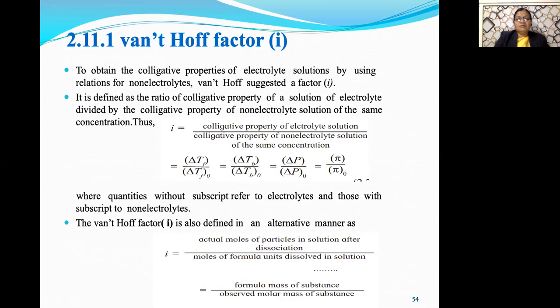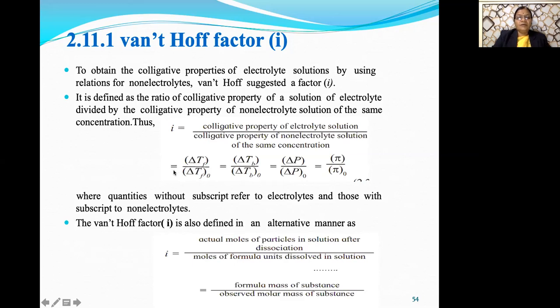Now I just told you that the colligative property in case of electrolyte is always higher than the colligative property in case of non-electrolyte with the same concentration, because electrolyte dissociates to give two or more ions, and therefore the number of particles in the solution increases, hence the colligative property becomes greater. Now this Van 't Hoff factor i in terms of colligative property. In the previous videos, you have learned the colligative properties: depression in freezing point, elevation in boiling point, lowering of vapor pressure, osmotic pressure.